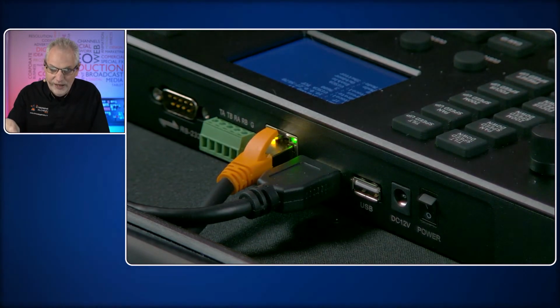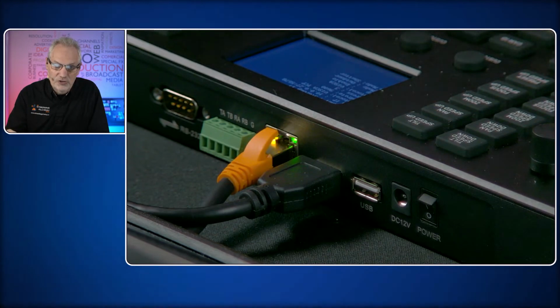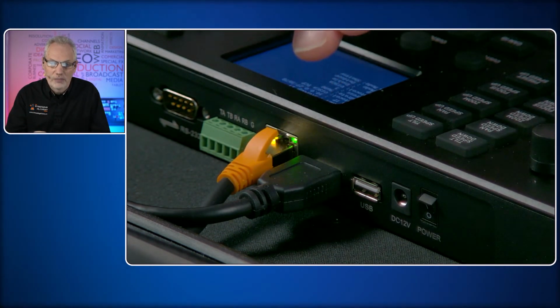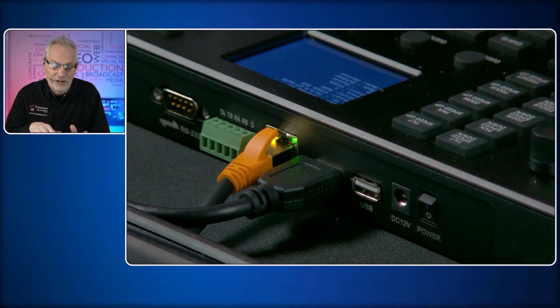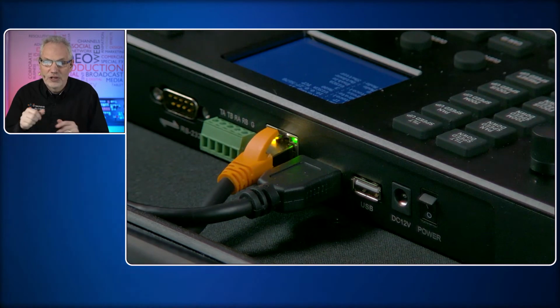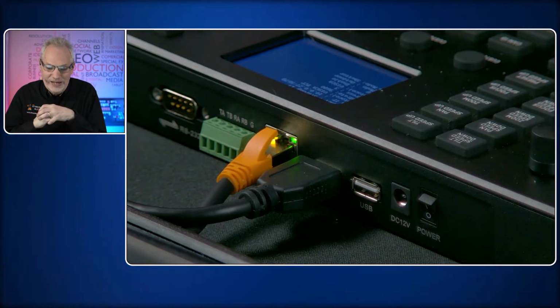And I should point out that if you are going to be plugging this unit in, you should not have power over Ethernet on the same device. So it's an either-or, because I've been told you could damage the unit if you have both connected. But the really exciting thing